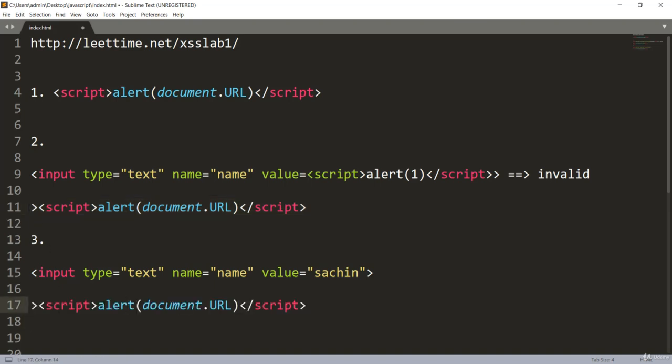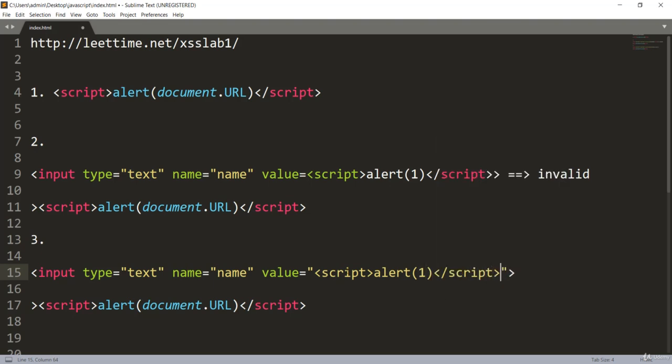If you just do this one, it won't be valid, because you have to also close this value field, because anything you put here as a script will be executed right here. So what if I just make use of a script instead of the Sachin? So what if I just put here a script and alert and something like 1 and close my script?